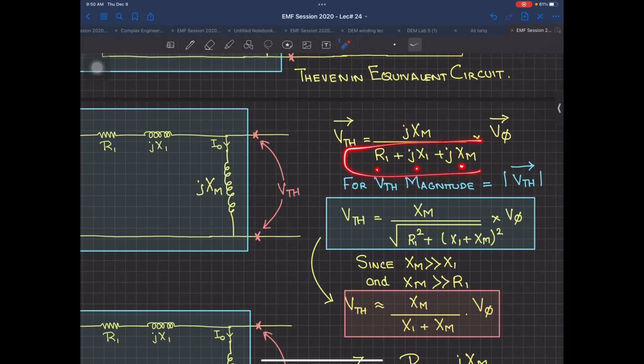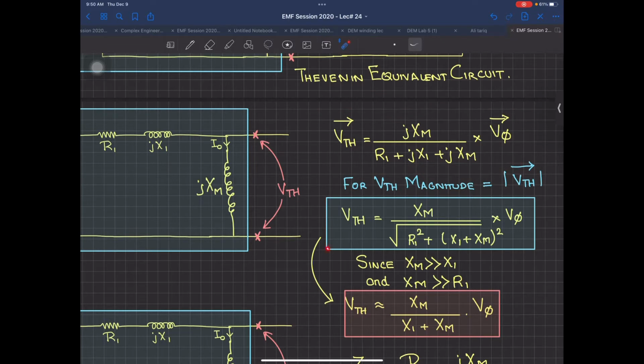So this means that I have to convert this one into its magnitude. To convert it into magnitude, I will have this square root, the same r square plus x square is equal to z square. So this is the same thing written in the denominator, and since this is JXM, it will be just converted into XM. So this is the magnitude, because I am not interested in the phasor form or whatever, but if it is asked, then you have to find out this equation.